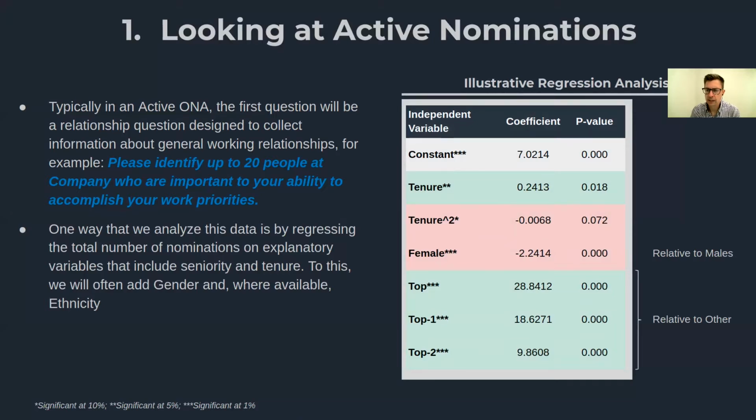We can look at this data because increasingly, organizations are running organizational network analysis in the same way as they do engagement surveys, so once a year or once every 2 years. And so we can look at the change in this coefficient over time. And we can also look at how this might vary in different parts of the organization too.